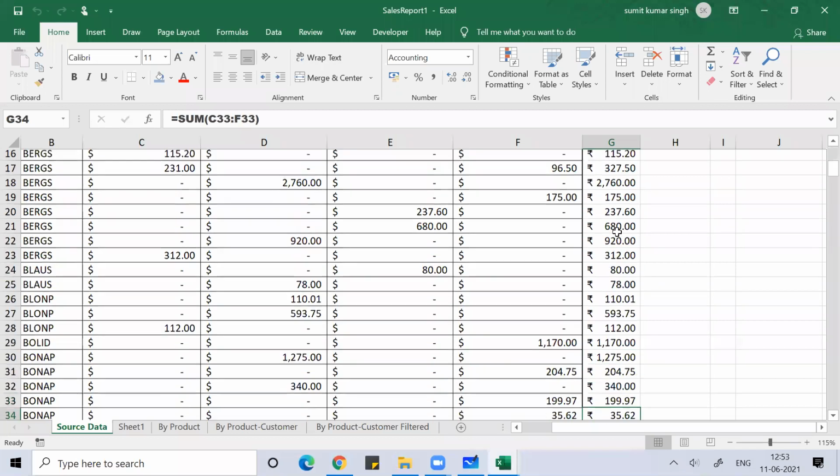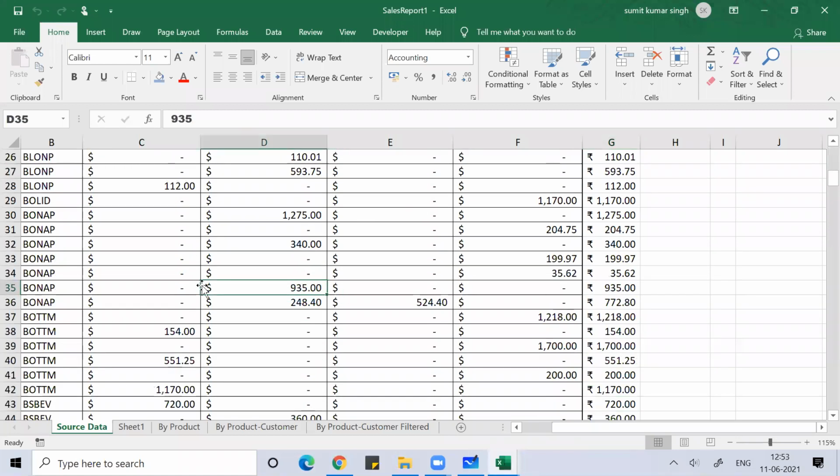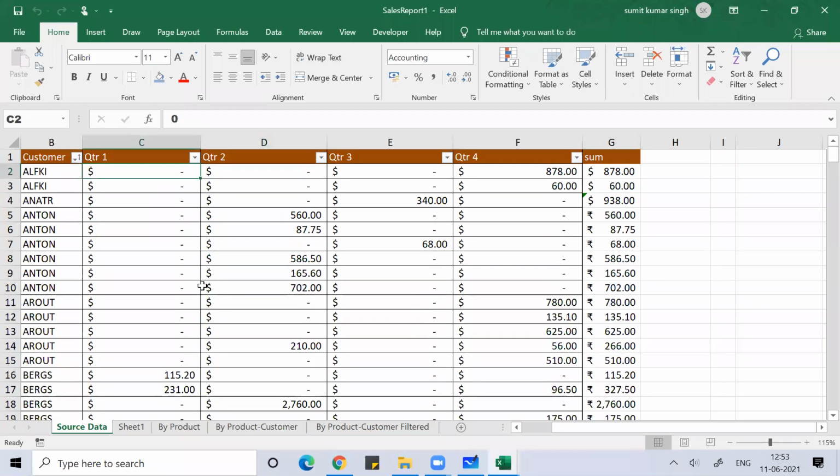Then everyone, you want to change the currencies of this, all are in dollar, you want in rupees.